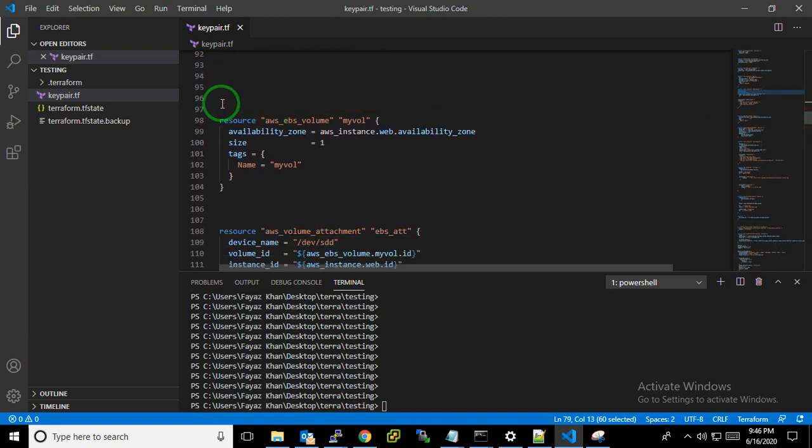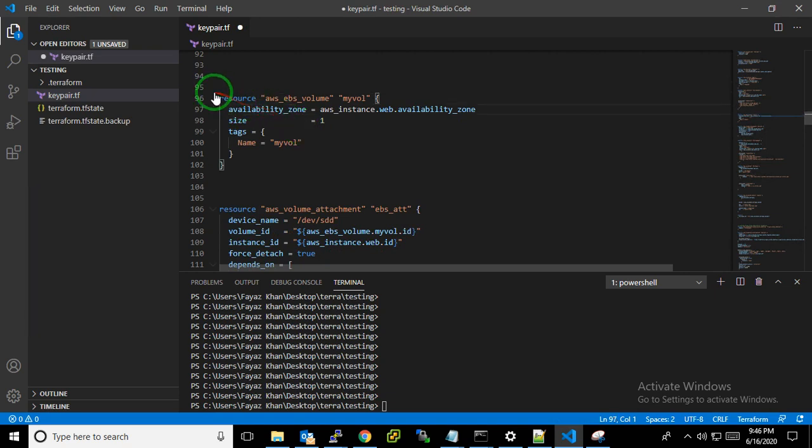Now we come to the AWS EBS, the creation of an EBS volume for permanently attaching my /var/www/html. Whenever my EC2 is destroyed, my data is never lost. I don't want to lose my data, so I want to attach another hard drive, another pen drive you can say, where I will keep my web server code. So this is the code for the creation of the EBS volume.